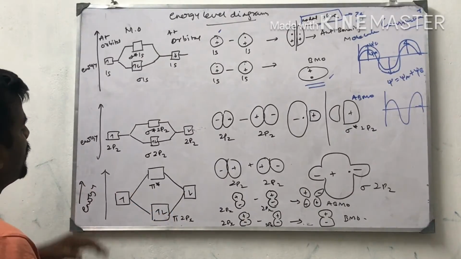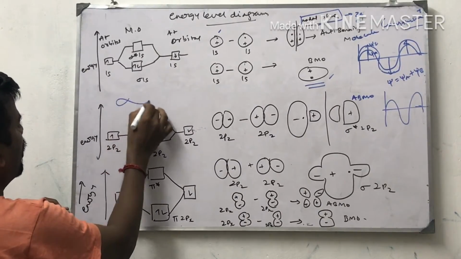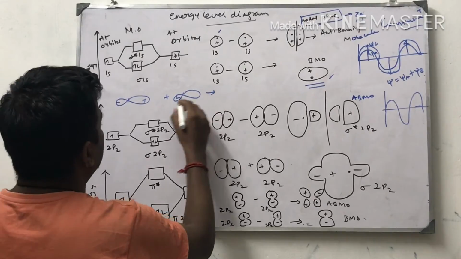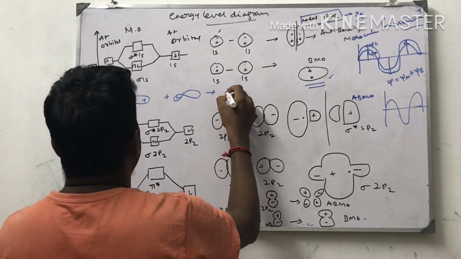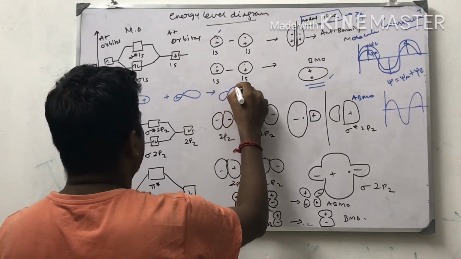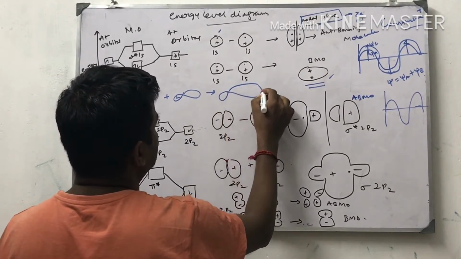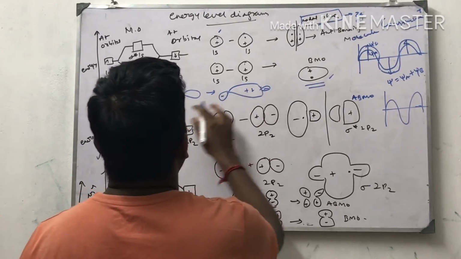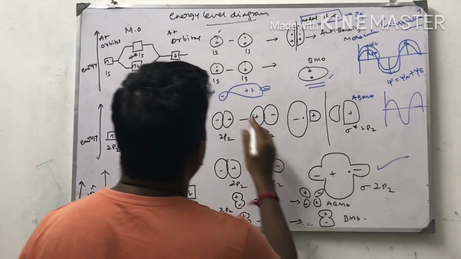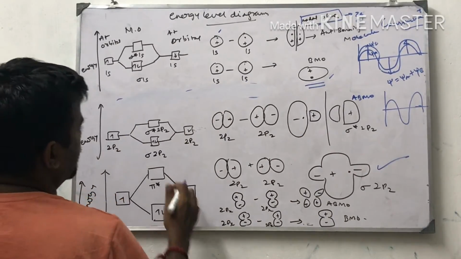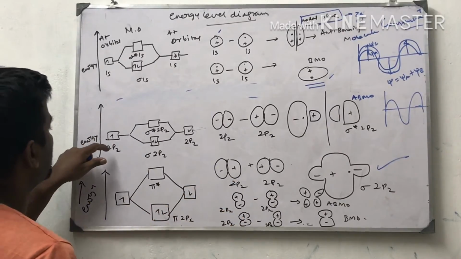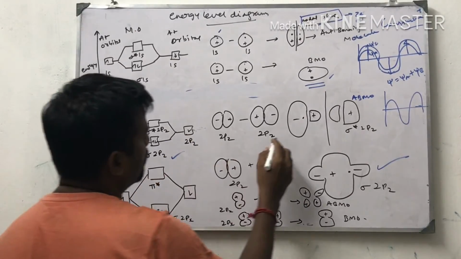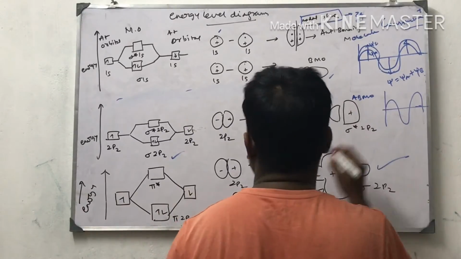The energy level 2p. Suppose 2p orbitals, I already told you, already drawn. Plus minus, crest trough, plus minus. They combine in the bonding molecular orbital. They form like this. The orbital is like this. Plus minus. So this type of orientation is here for anti-bonding molecular orbital. For pz, only sigma bond is formed. 2pz combine to form sigma 2pz. Sigma star is the anti-bonding molecular orbital, they repel each other due to destructive interference.